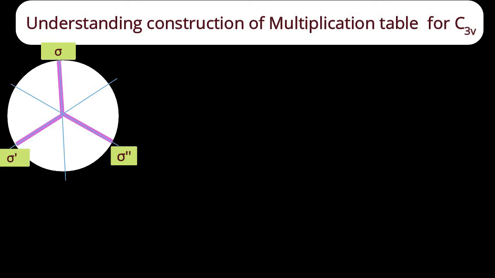It's our bird's-eye view of the ammonia molecule. Nitrogen is at the center and at the ends of those 3 bars, hydrogens are there. From the middle nitrogen to the upper hydrogen, the plane passing through that NH bond is sigma. If we move in the anti-clockwise direction, then from the middle nitrogen to the left side hydrogen, the plane passing through that bond is sigma dash. If we move again in the anti-clockwise direction, then from the middle nitrogen to the right side hydrogen, the plane passing through that NH bond is sigma double dash. So while labeling the planes, I am moving in the anti-clockwise direction.